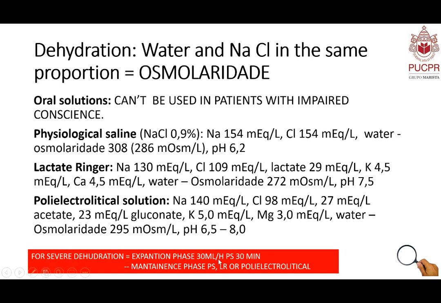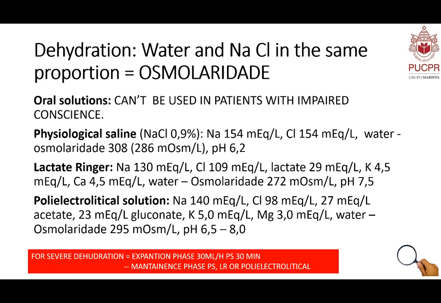We usually prefer to use physiological saline, but if you have to give a lot of volume, if you have to repeat that or do a too long maintenance phase, then you would start to think about lactate ringer or the polyelectrolytic solution, depending on what kind of resources you have to measure the patient's ions. So after the expansion phase, as we were saying, you have to have a maintenance phase,